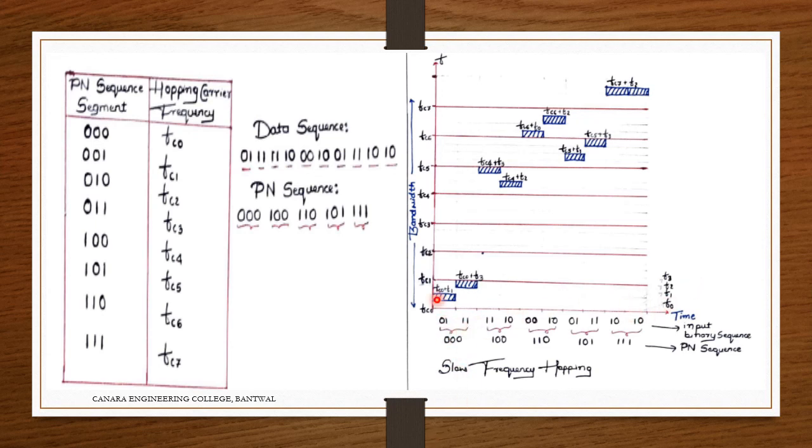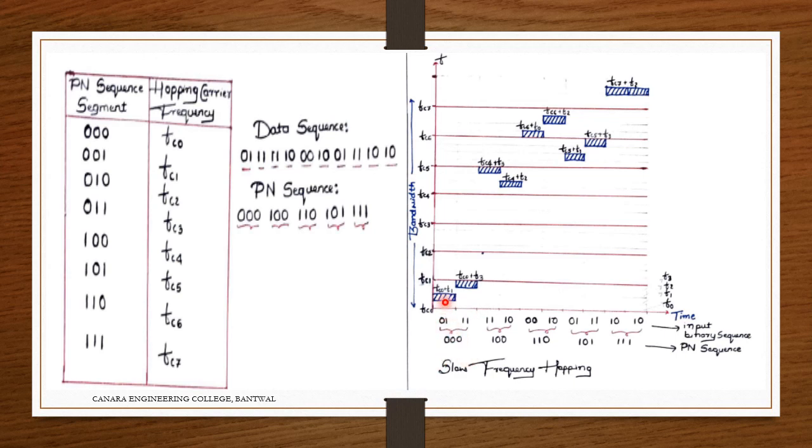Again we divide this one. So that time the first PN sequence is 0 0 0, which is FC0. In that it is going to pair with 0 1. FC0 plus 0 1, and 0 1 is F1, so here it is going to map. If it was 0 0, it would come below here. If it was 1 0, it would come in between. So we are dividing it into F0, that is 0 0, F1 0 1, F2 1 0, F3 1 1, like that.